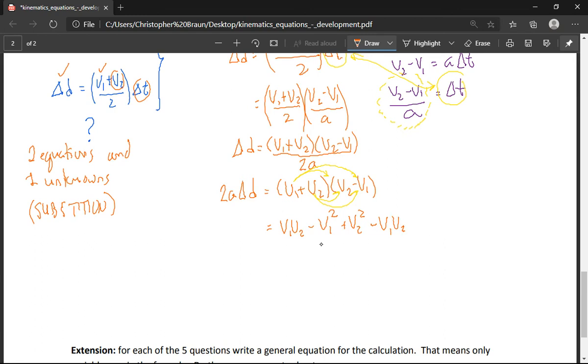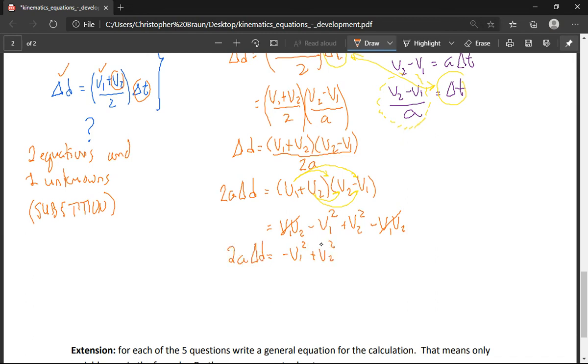Now, it doesn't matter in this case whether we write v1 v2 or v2 v1, because 2 times 3 or 3 times 2 are both 6 in scalar mathematics in this sense. Even in vector math, it is true for this case. But it gets a little more complicated later about that. But now what you'll see, this term, v1 times v2 minus v1 times v2, this is the same number, right? So they just cancel out because they're the same number. Whether that's 2 times 3 or 3 times 2, doesn't matter. It's the same number subtracted from itself, so it's gone. And you're left with minus v1 squared plus v2 squared,